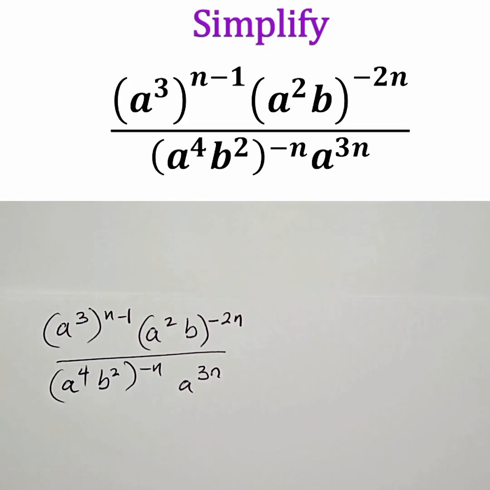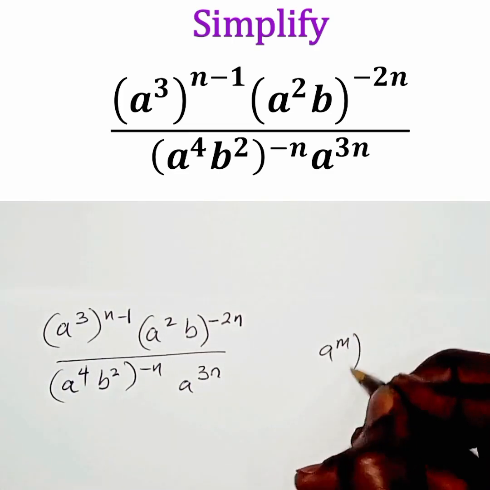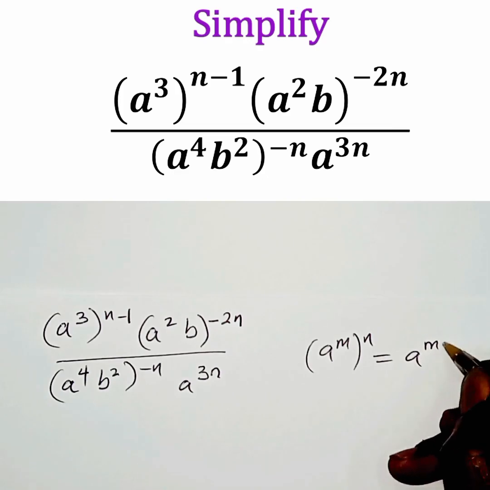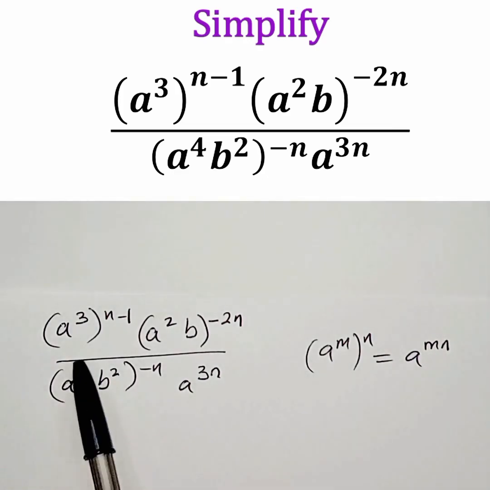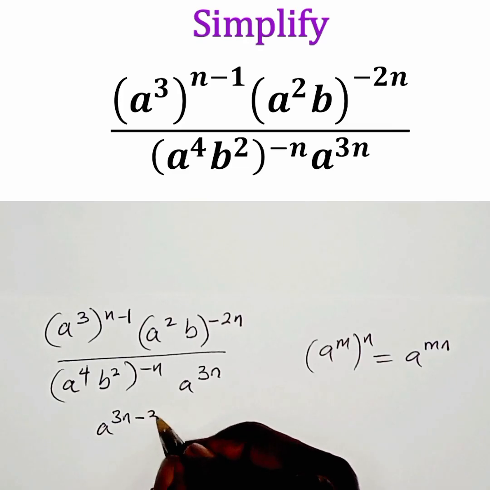In this tutorial, we are simplifying an exponential expression. So I just want us to begin by using this law of exponents that says (a^m)^n is equal to a^(mn). And we're just going to use that law on this part only. So we are going to have a^(3n-3)